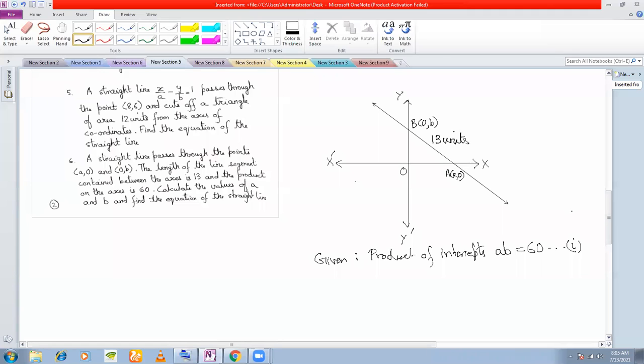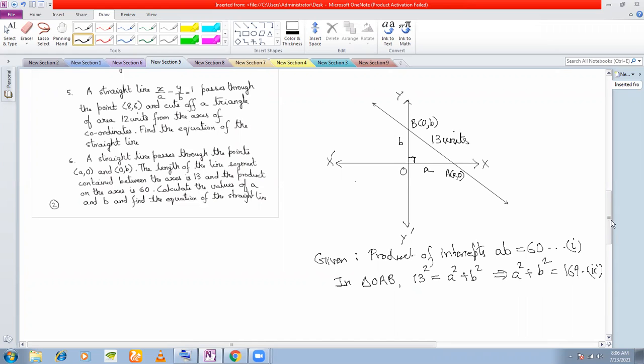See, there are two conditions given here, and also there are two unknowns. a and b are unknowns. What are the two conditions? The first condition is ab is equal to 60. The next condition is that the length of the line segment AB is 13. Right? So now you see that this triangle is a right angle triangle. You can apply Pythagoras theorem. This length is a units, this length is b units. So in triangle OAB, hypotenuse square is equal to perpendicular square plus base square. That means you get a square plus b square is equal to 169. Call this equation number 2.